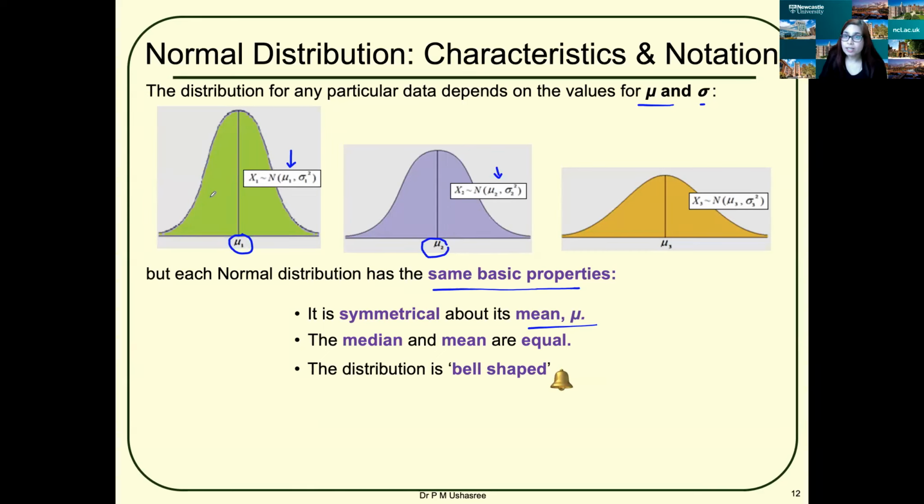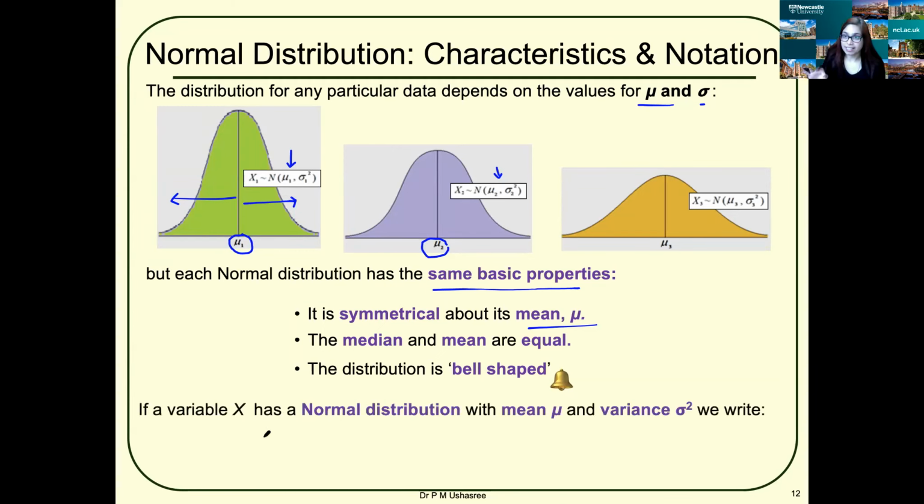So they all look different because they are for different data, but they have the same basic properties. They all are symmetrical about their mean. The median and mean are equal. The distribution is bell-shaped. And for each one of them, as you move away from the mean, an event is less likely to occur. If I have a variable x and I choose it randomly from this population,